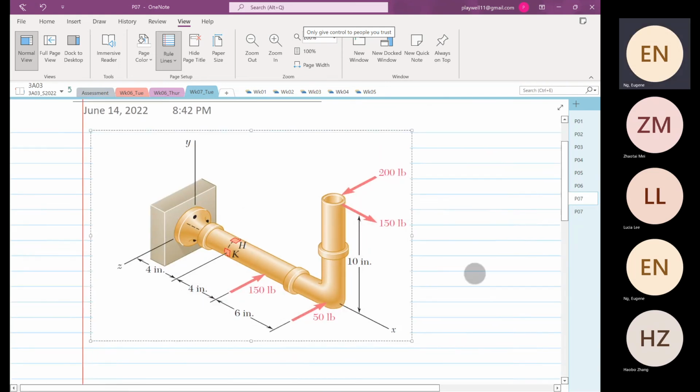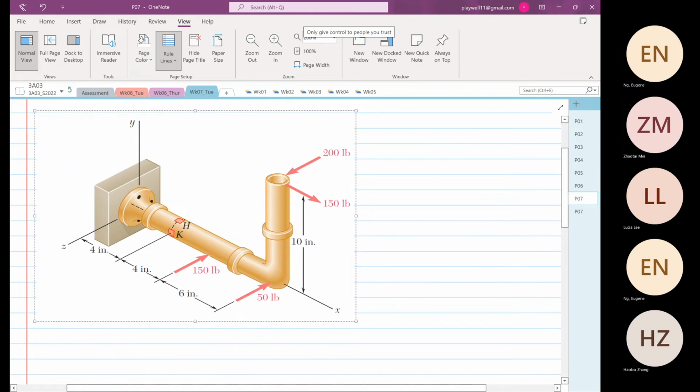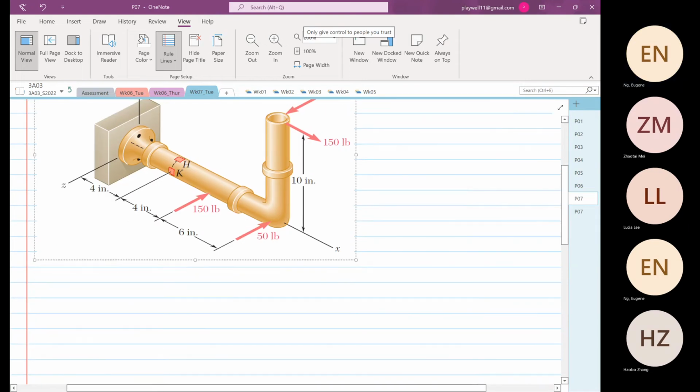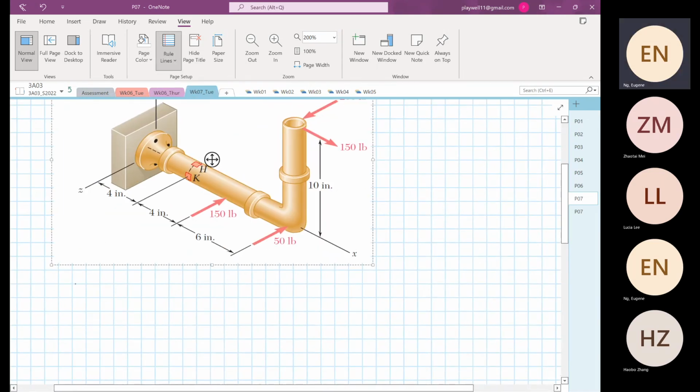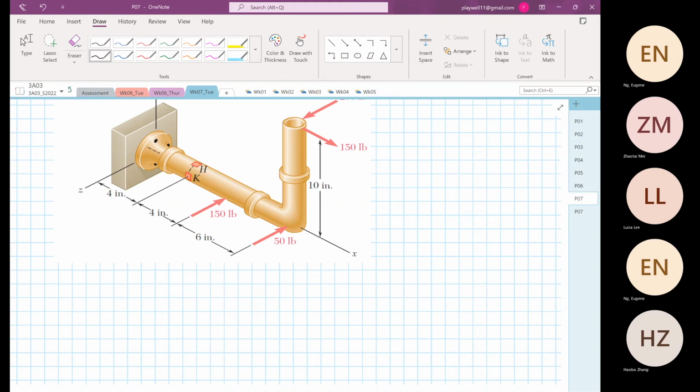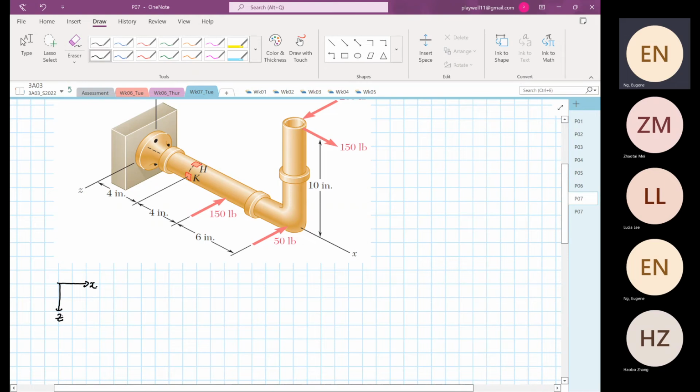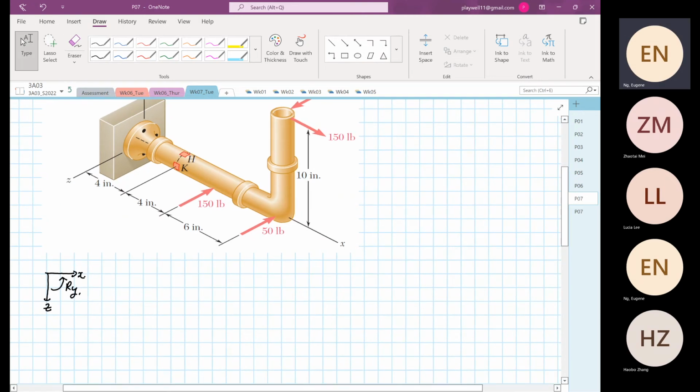Okay, so the next view that we want to do is we want to look at a view in X and Z. Okay, so I would like to view from, this is our X, this is our Z, this is rotation in the Y direction. Okay, so we are looking at things from the plan view now. Okay, so now we are going to sketch